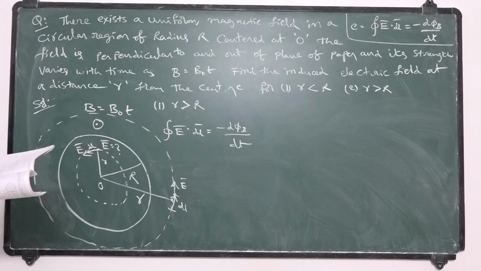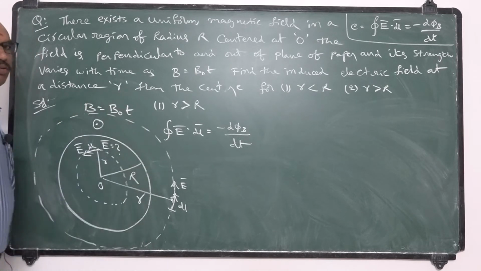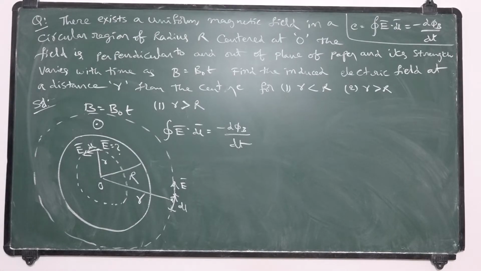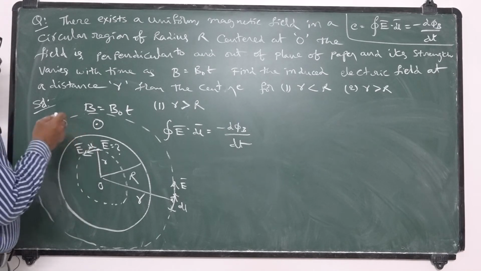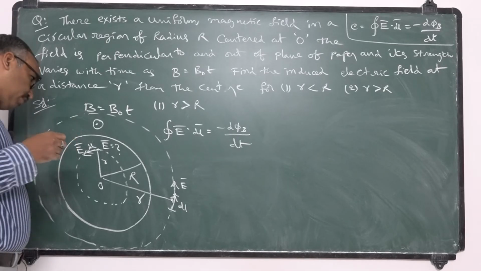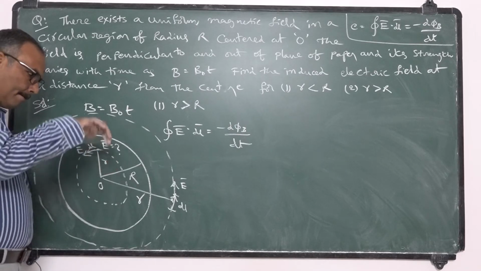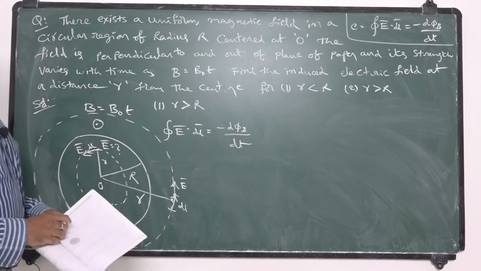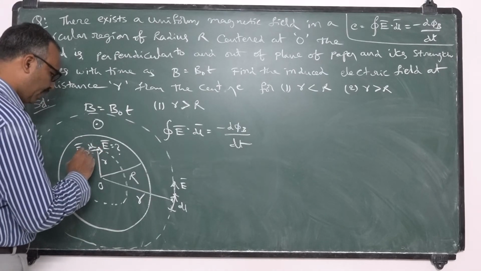Now here one point you should take into consideration. What is the direction of this E bar? B is going to increase with respect to time. When B increases with respect to time, the field out of the paper is increasing. When the field going out of the paper is increasing with respect to time, the induced field will be into the paper. In order to have the field into the paper, the current should go in clockwise direction. So I took the directions in a wrong way. You should be careful about directions also.